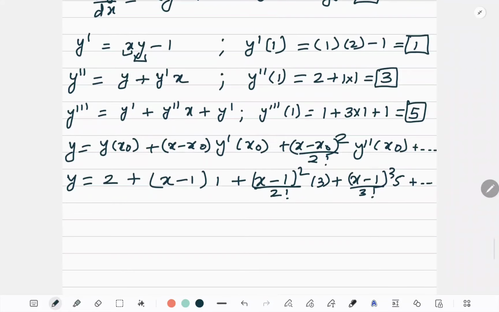Now this is a series format answer. In my question what they are asking, find the value of y at x is equal to 0.02. So here everywhere in place of x you should put 0.02. So when you substitute and solve in your calculator, you will get 2.02061, which is my answer. Understood? This is how you have to do the questions. Right? Now let's move to the next question.